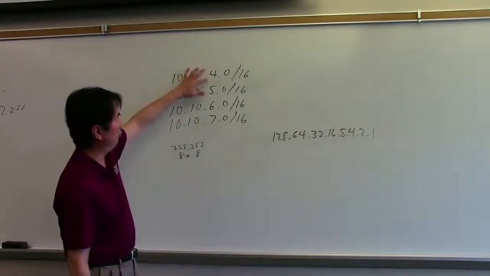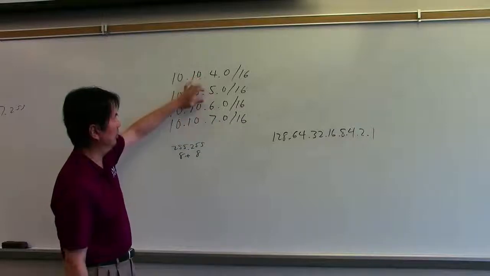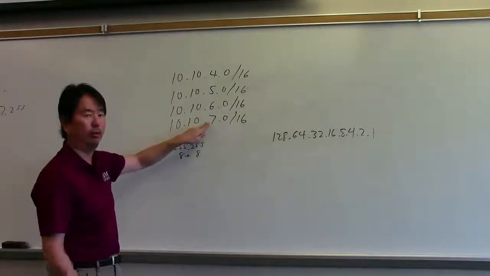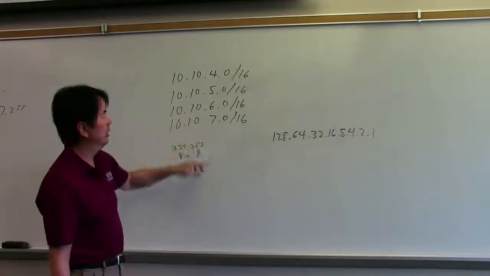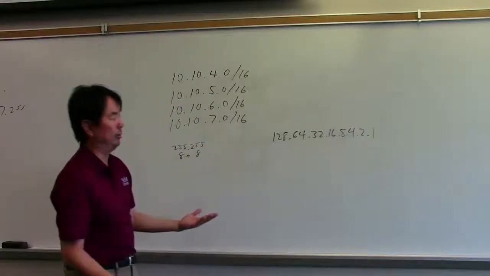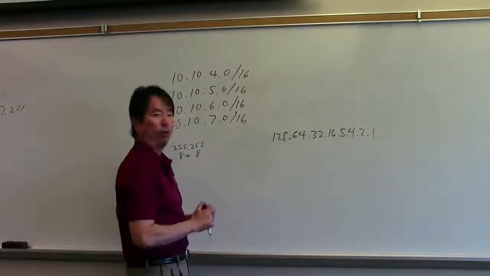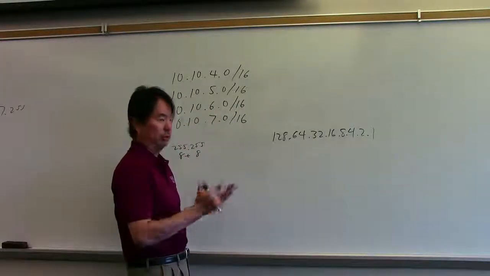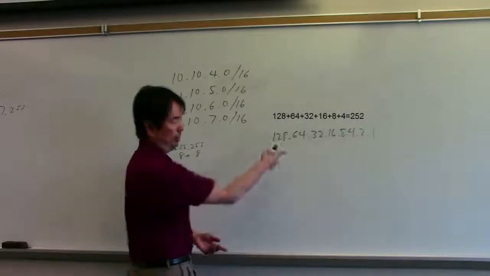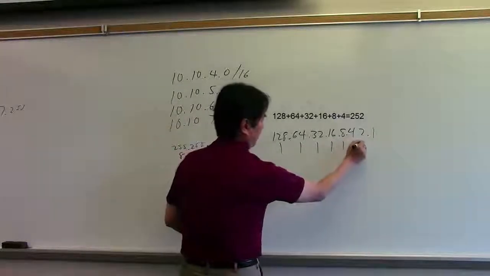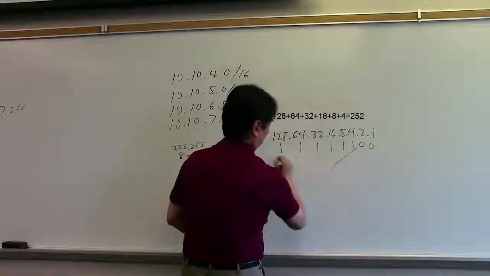Now we're going from 4 to 7, so that's going to be 1, 2, 3, 4. So we need a summary address that will hold at least 4 networks inside of it. So we have 4. So the easiest way to do this one is, what number over here is 4 or can hold 4? That's easy. It's going to be the number 4. So do the ones across. And if you add these together, you get